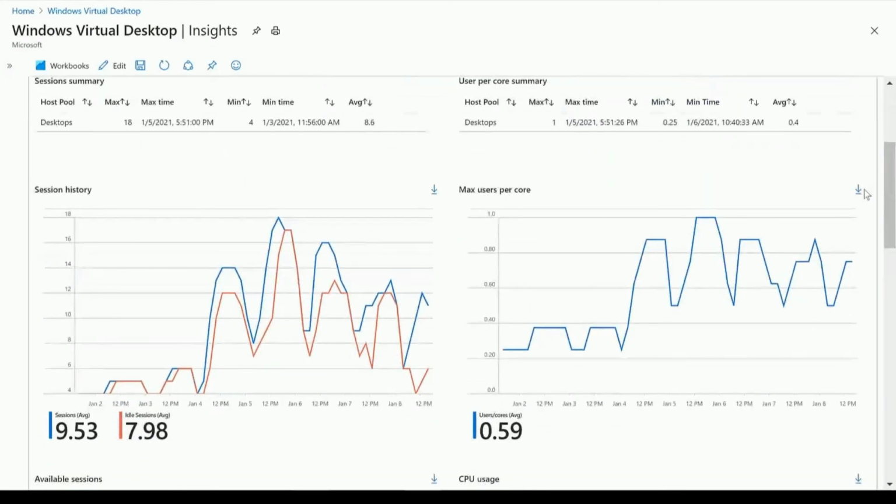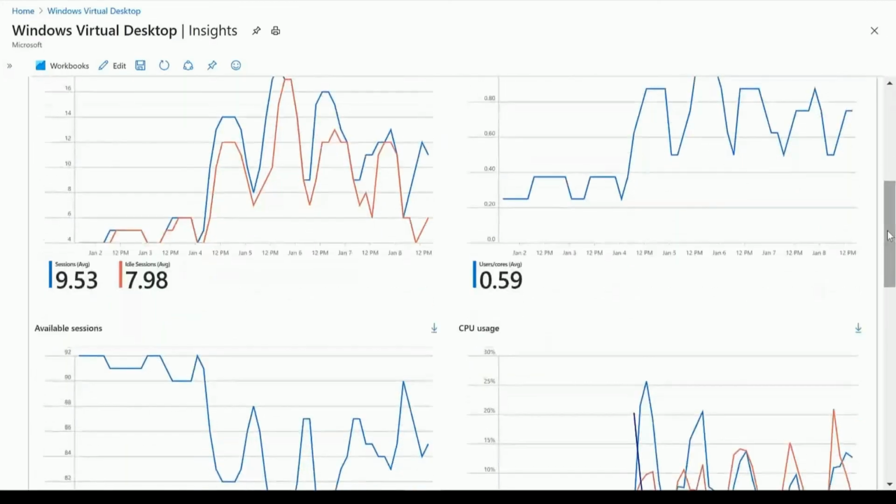Below that, on the left-hand side, you'll see the number of sessions and the number of idle sessions plotted over time. Sessions, again, will show the status of all sessions, and idle sessions is only showing your disconnected sessions. So I can see over the 7 days, there's definitely a trend here. On the right-hand side, you'll see max users per core tracked over time, and tracking this value can help you identify whether the environment is consistently running at high, low, or fluctuating numbers of users per core. So it's fluctuating. And knowing both the session count and how many users are active in the environment will help you efficiently resource and